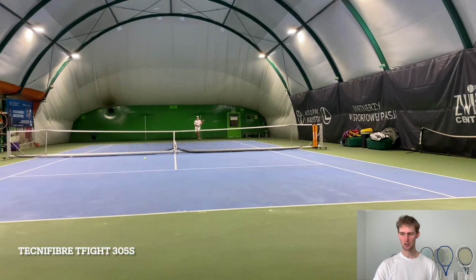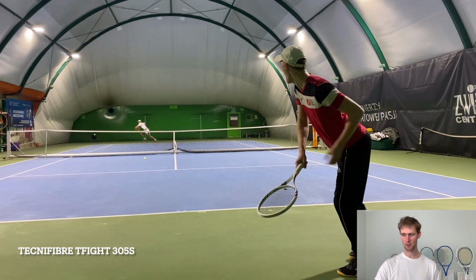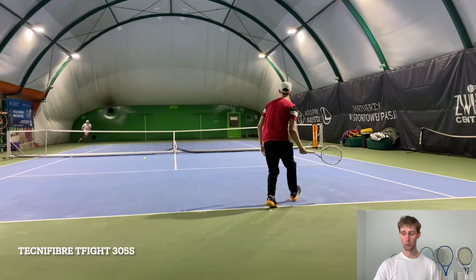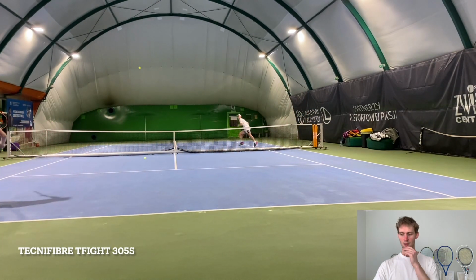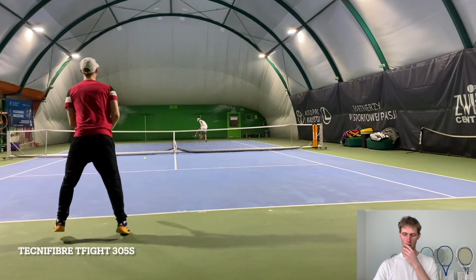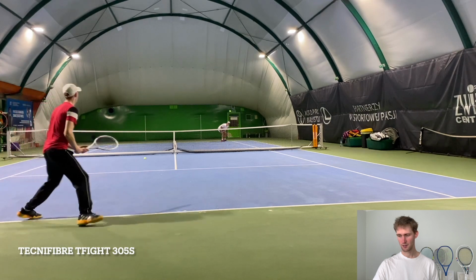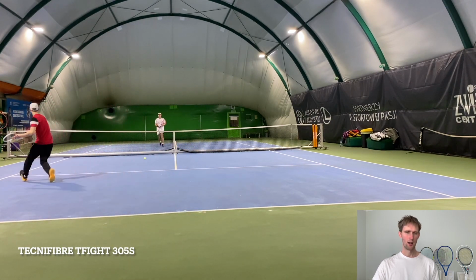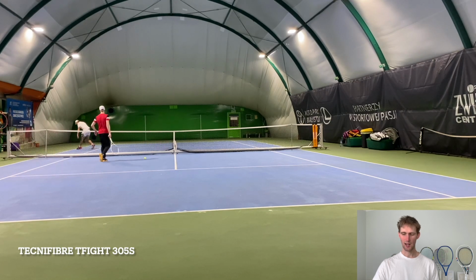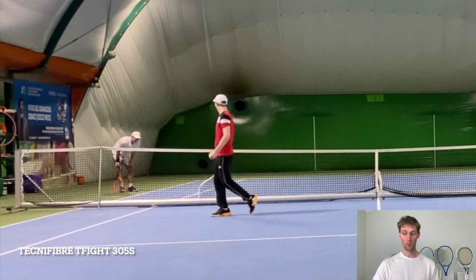The sensation is a bit softer with heavier specs. I put ISO Flex here. Then I would put here maybe 305S. The comfort level is very close. The reason why I put 305S above the 100D is the frame has less power, meaning I can string the racket looser, maybe even with